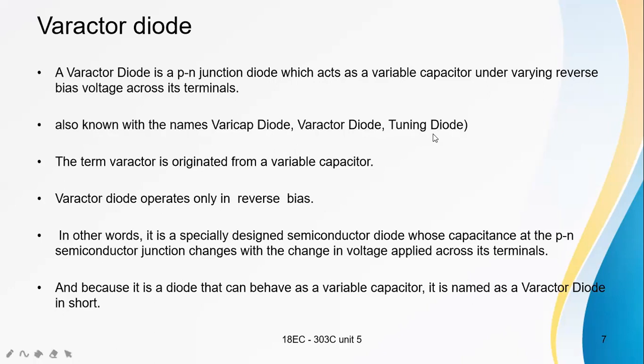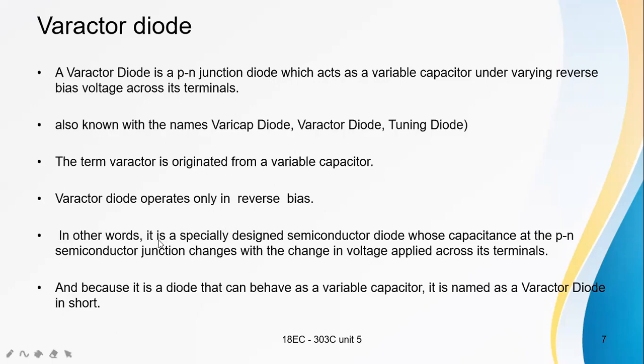So varactor diode is also called tuning diode. In some cases we can call it a voltage variable capacitor. The name varactor came from the words variable capacitor. It operates only in the reverse bias.